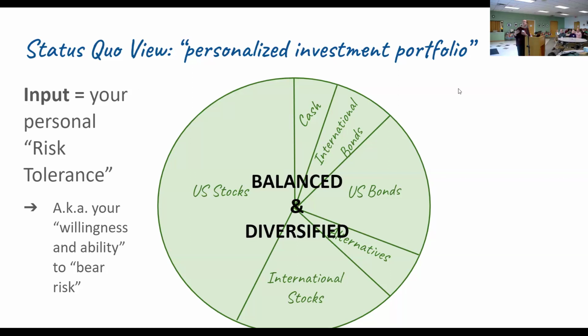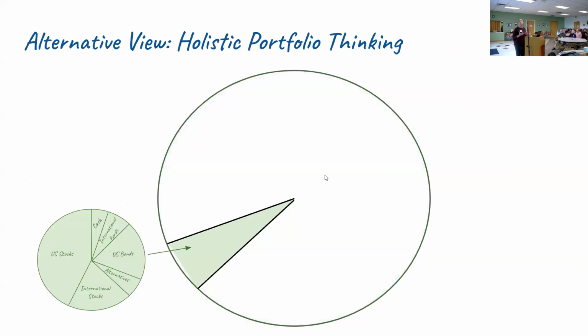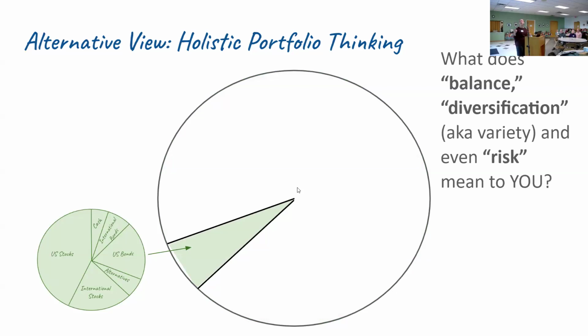And I think that we can think bigger about all of those words in particular. I think we can think bigger about what words like balance, diversification, which is another word for variety,